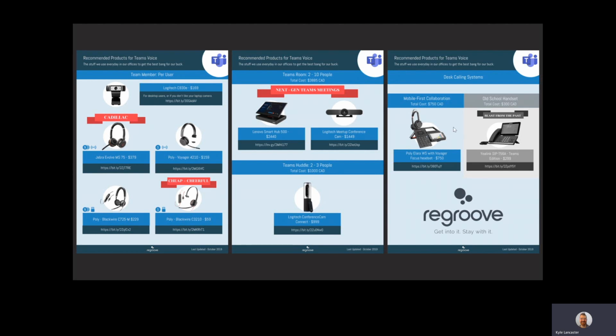And just to the left of this blast from the past one on the far right, we've got the mobile first collaboration, and that's basically just a cell phone sitting in a dock. The device itself is just kind of a dock with a dial pad and numbers, and you can put your headset device on there and basically use your cell phone as a way to make calls, and it charges the cell phone too while it sits there, so that's pretty cool. And in the middle, we've got the conference room setups. So you can get multiple people in a conference room together and make phone calls through Teams Voice or video calls or anything like that. But they all work in Teams Voice as well.